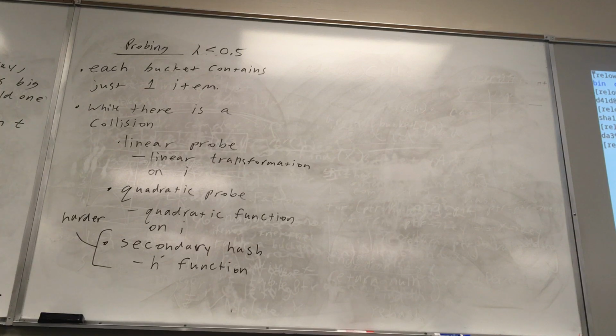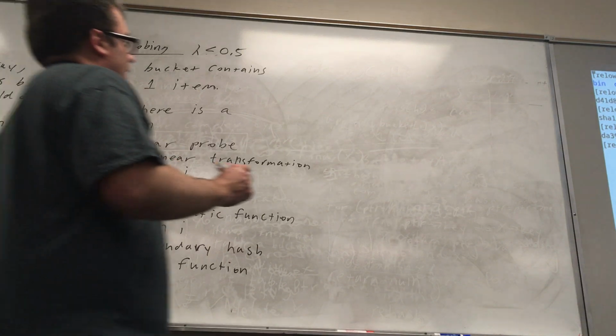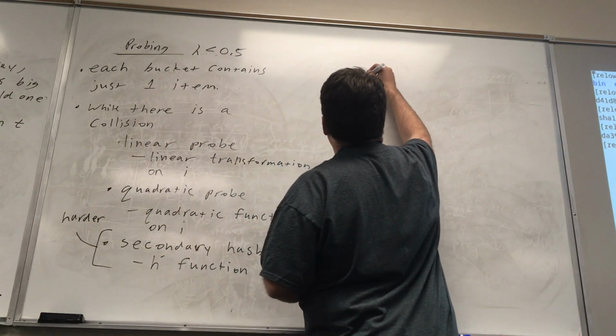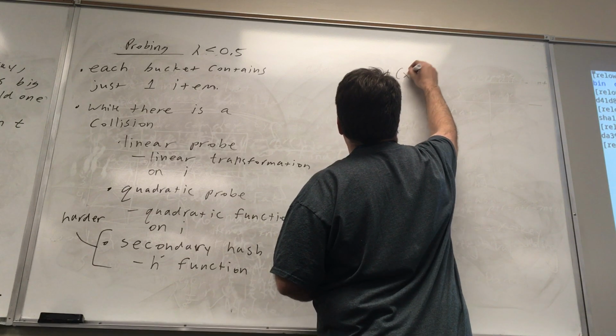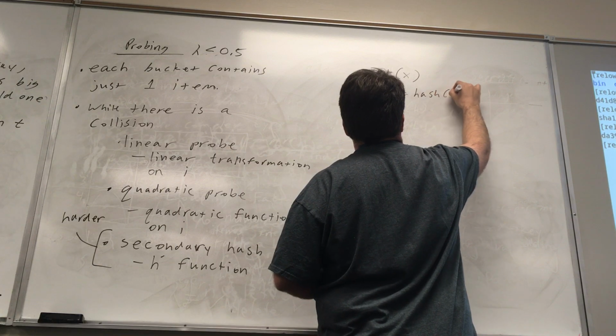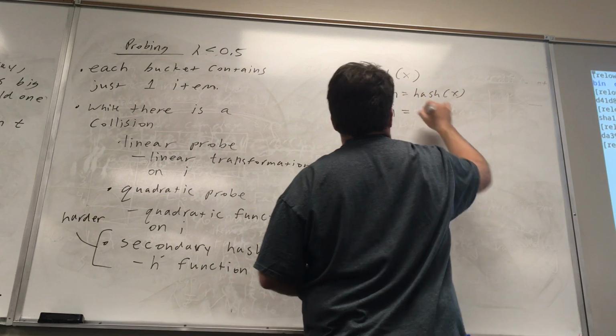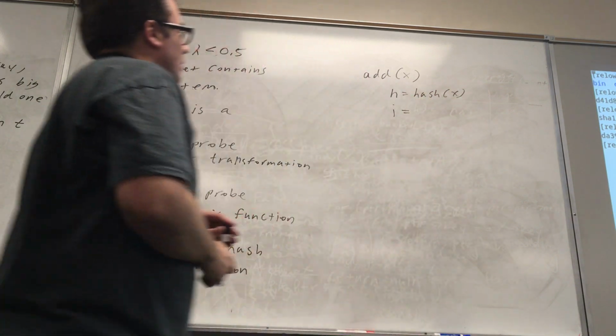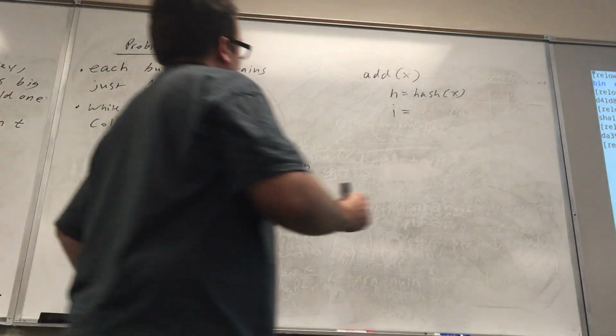Okay, so here's what add looks like in this. So if we're going to add an x, then we do our familiar h equals hash on x. I is equal to compress